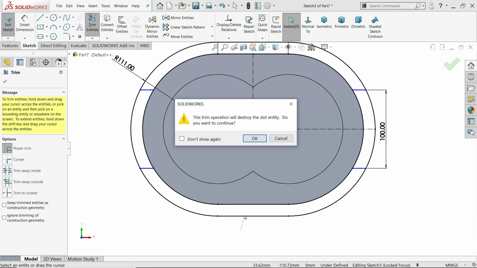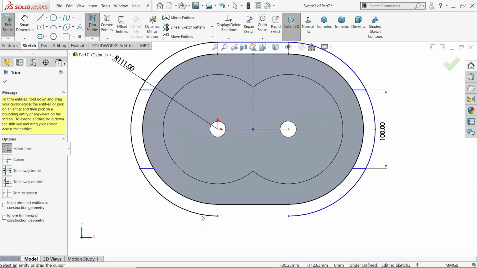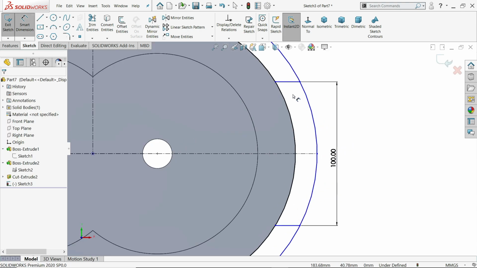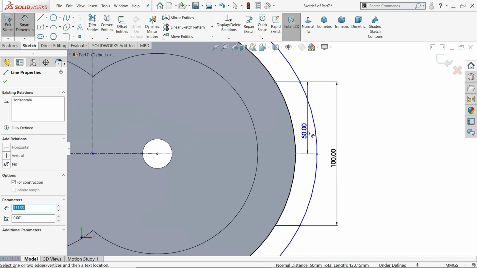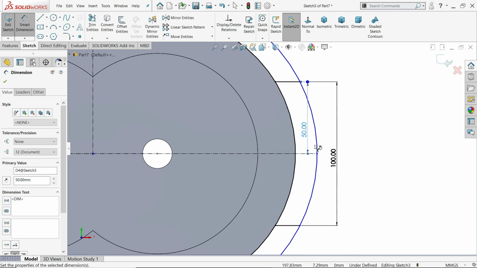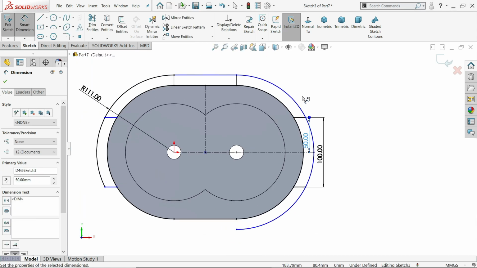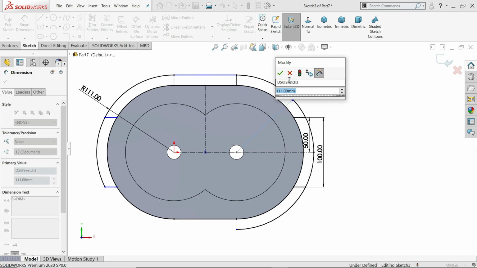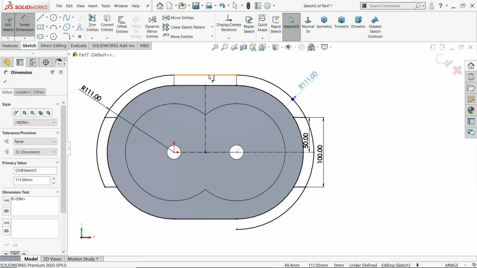We will define this dimension first, so that our geometry should be fully defined. That's it.